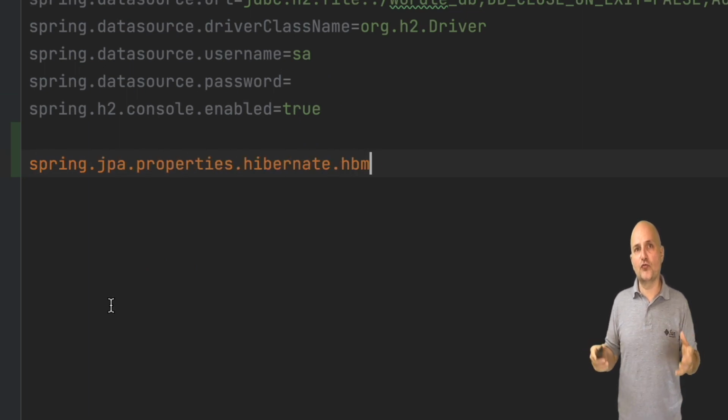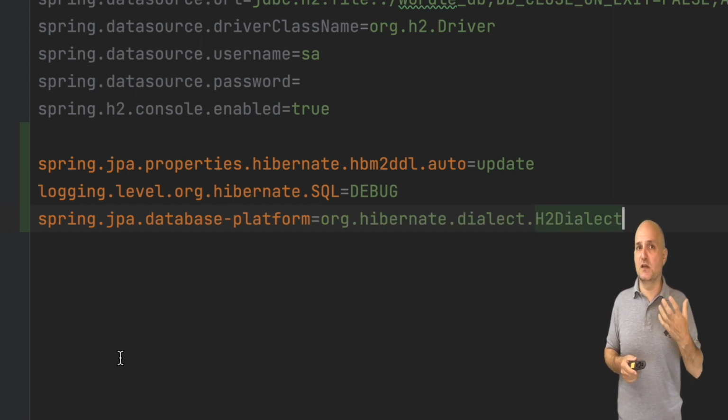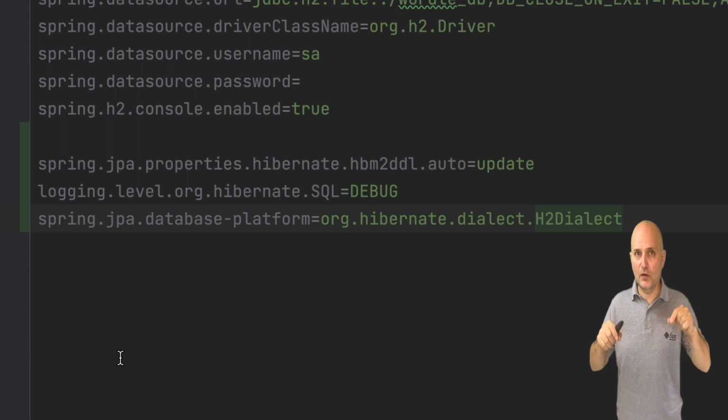We need to add 3 settings here. The first indicates that we want Hibernate, which is the JPA implementation that we're using, to generate and update the tables for us. This is generally considered bad. In the real world, you would want to manage your own database tables, but this is a common shortcut when building an initial prototype. The second line indicates that we want Hibernate to print to the logs all the SQL queries it is running. This should be off by default, but for debugging, it is very useful. It provides insight into the things Hibernate does under the hood.